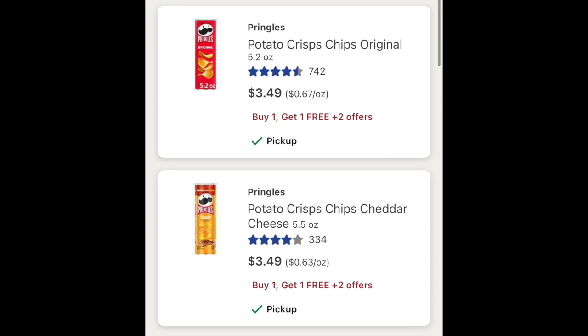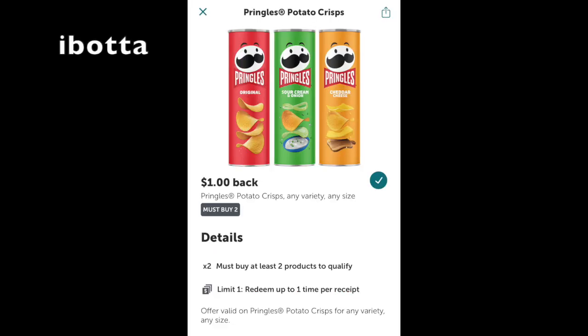The Pringles chips are on a buy one, get one free at $3.49. Ibotta is also giving back this rebate for $1 back when you buy two, so it'll make it $2.49 for 2 cans. Make sure you have the Ibotta rebate, and that when you do go to checkout for your curbside, you ask to be processed through a regular cash register so you get your paper receipt